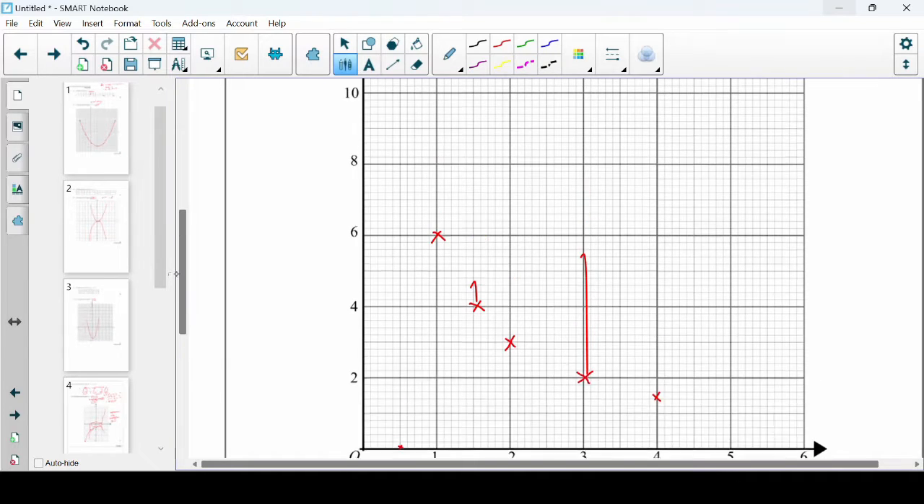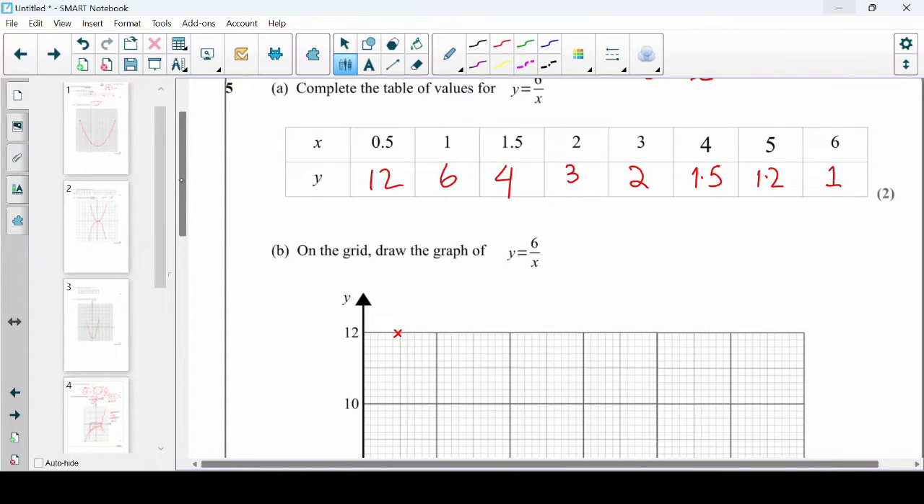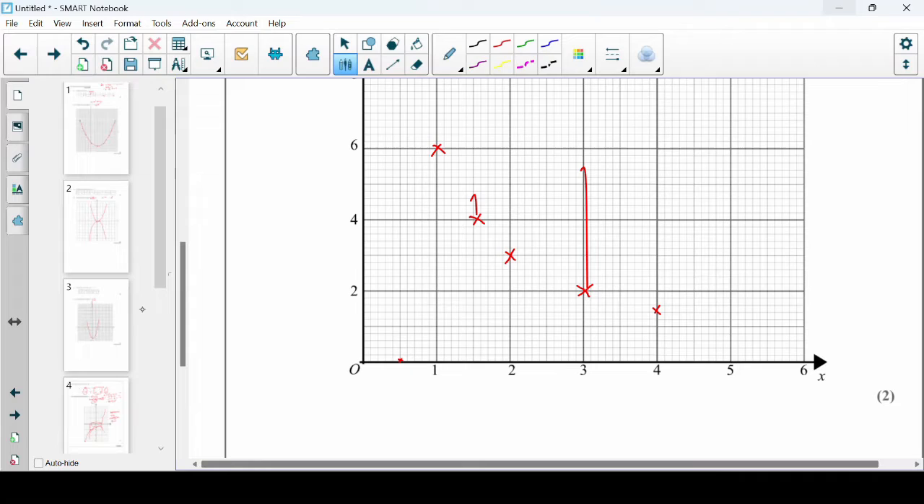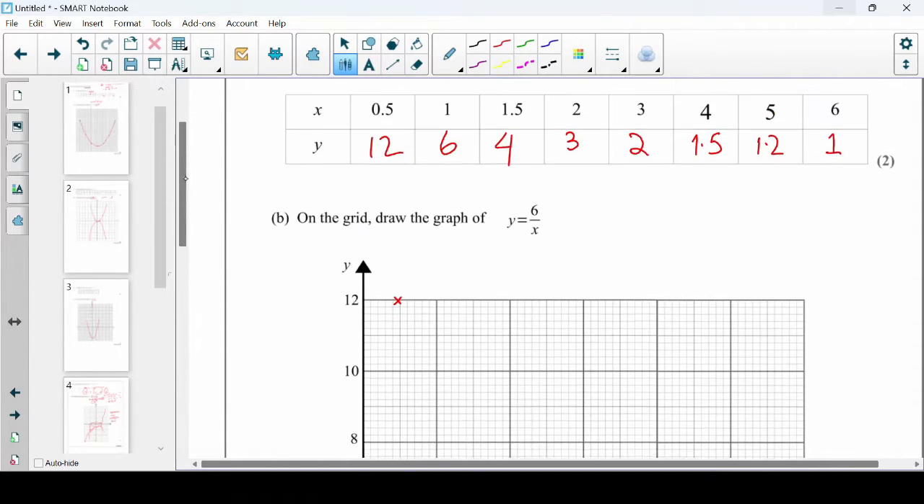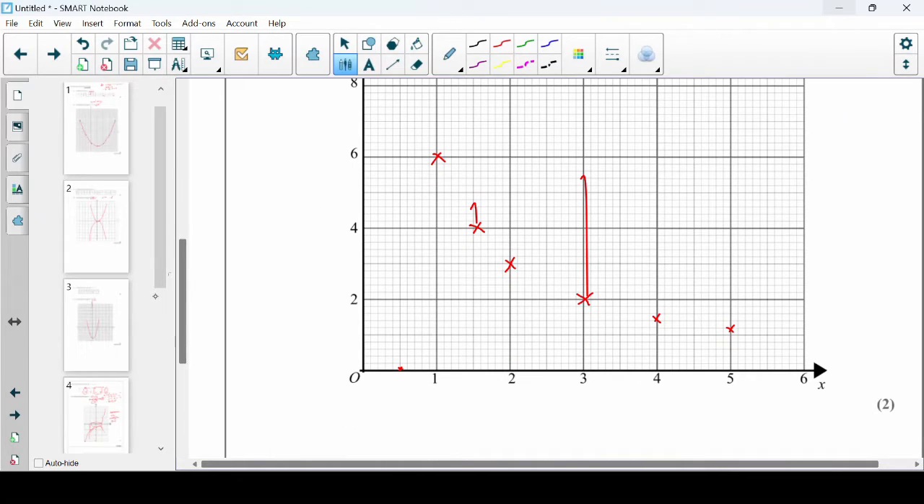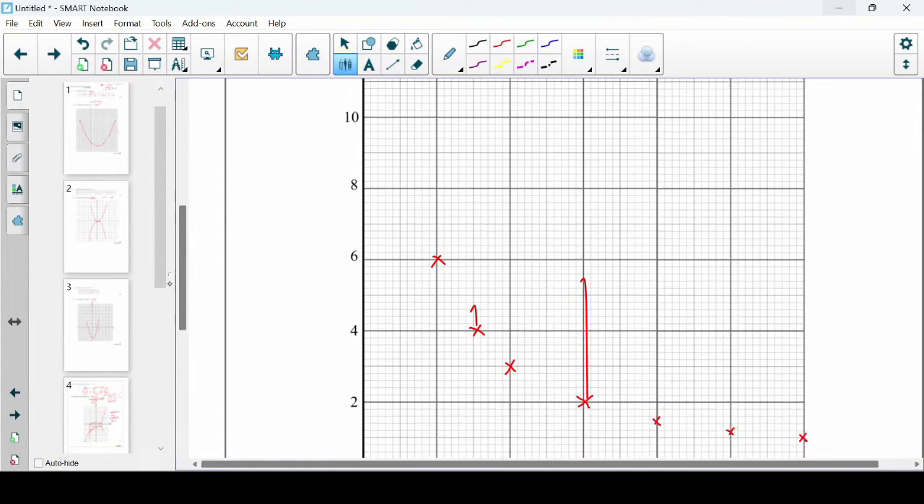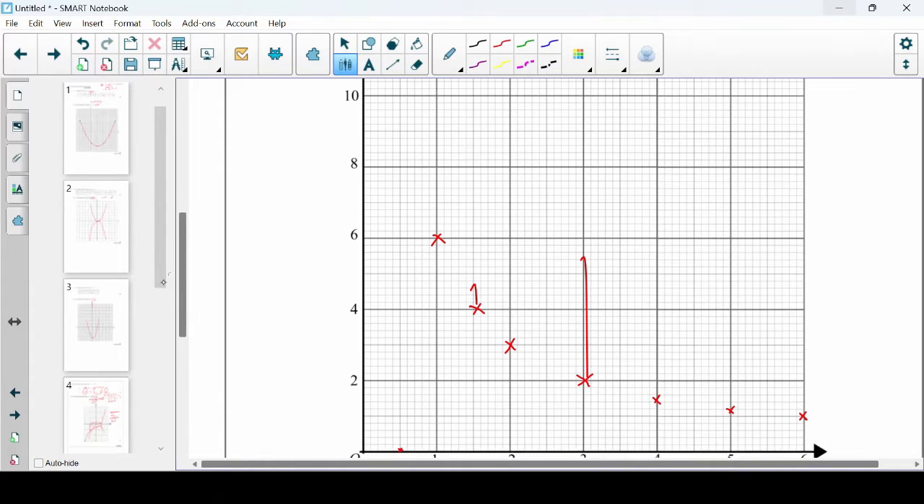And the next one is 5 and 1.2, which should be here. And then 6 and 1. So now, how does this type of graph happen? Here we see this